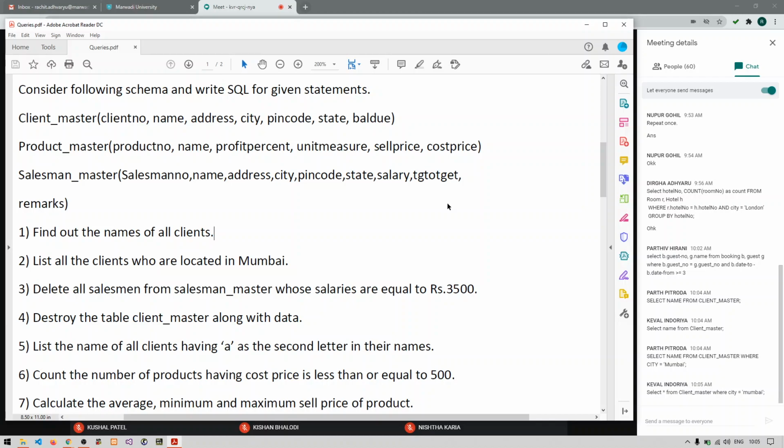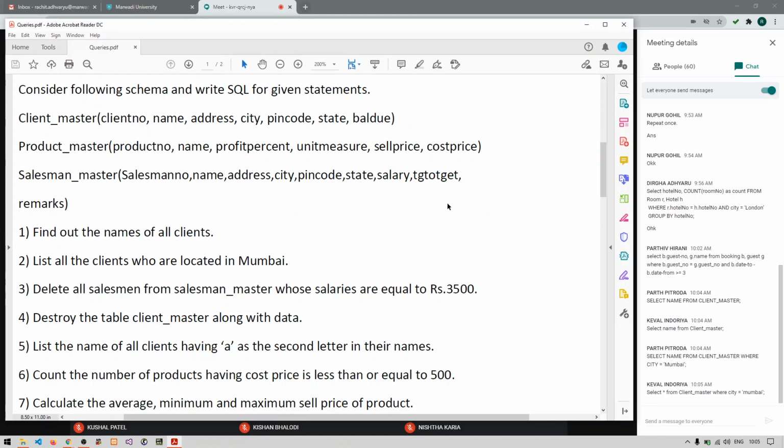Third one, delete all salesmen from salesman master whose salaries are equal to 3,500 rupees. What can be the answer of this?